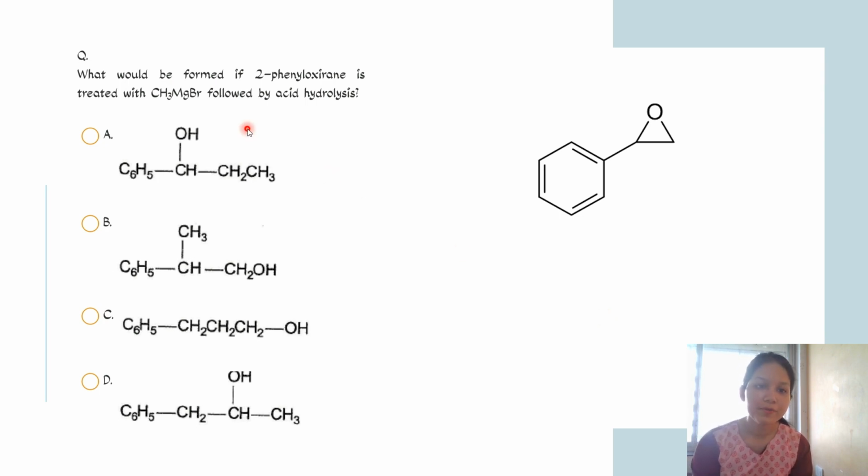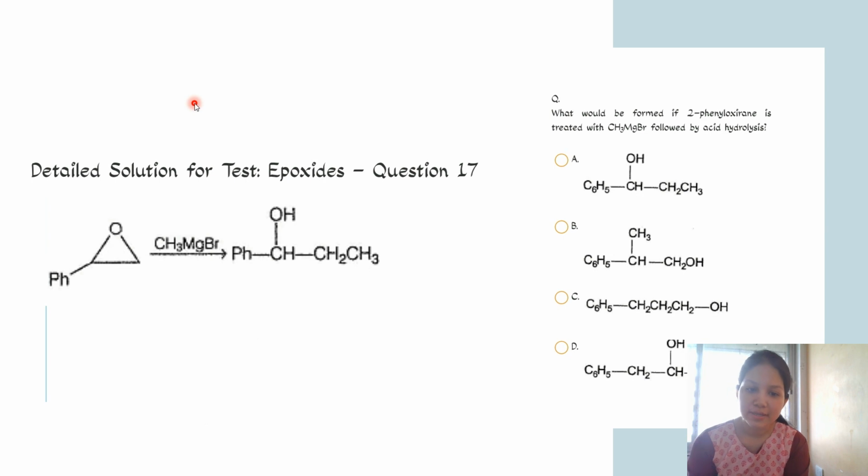What would be formed if 2-phenyloxirane is treated with methyl magnesium bromide followed by acid hydrolysis? A similar question is also here on epoxide opening. You are given this phenyloxirane and you are treating it with methyl magnesium bromide followed by acid hydrolysis. So what happens? A similar mechanism will be followed here,